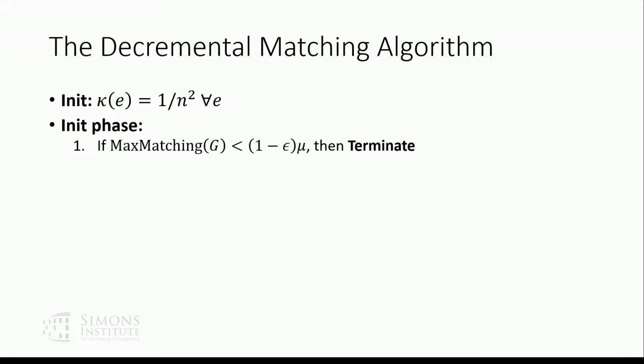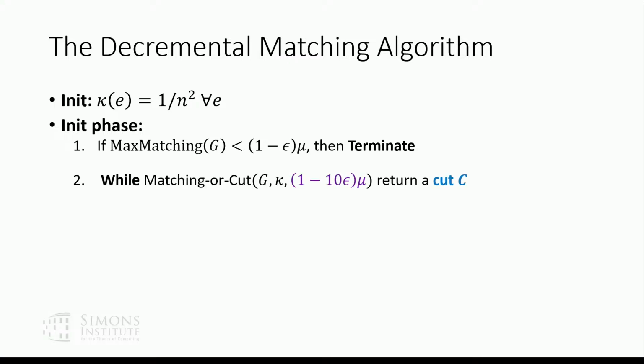Now, if the matching is big, then as we saw before, you don't want to just pick an arbitrary integral matching. That's not robust. So instead, you're going to try to find a matching with these capacities. If you find a matching with these capacities, great. That's going to be the matching you use, the robust matching. But you probably won't find a matching with these capacities. Initially, you definitely won't. And so initially, this matching-or-cut step is going to say no, these capacities are too small, and it's going to give you a cut.